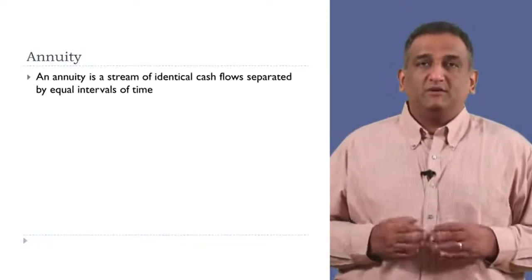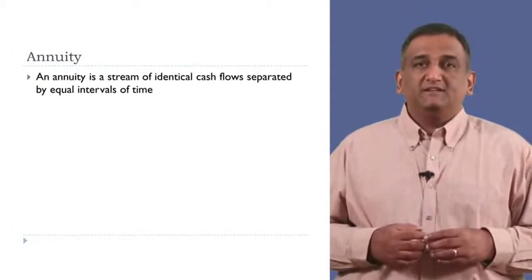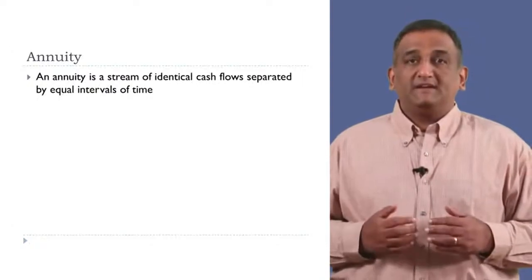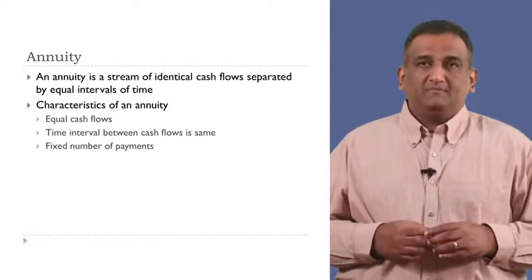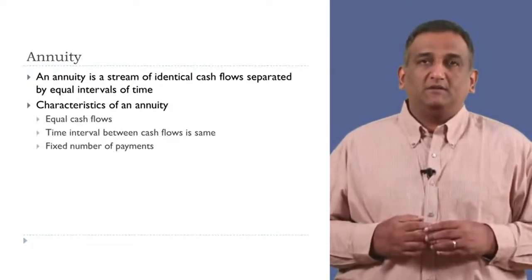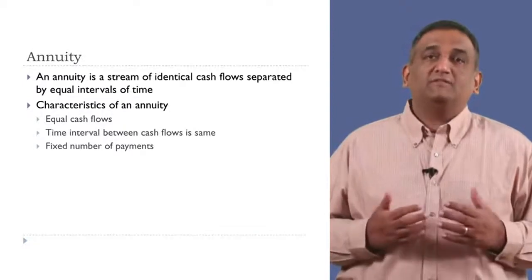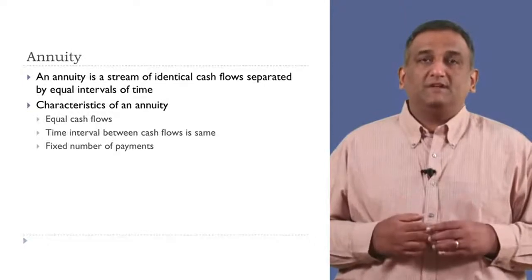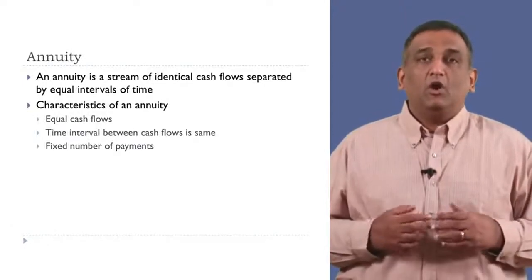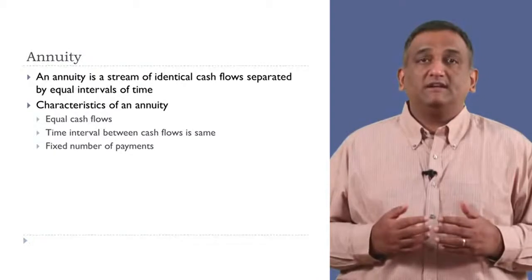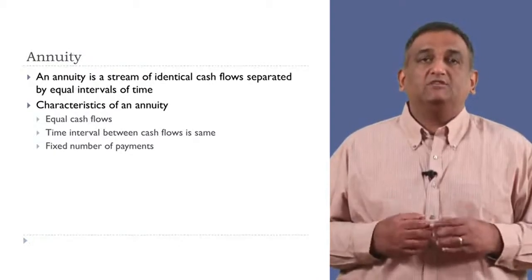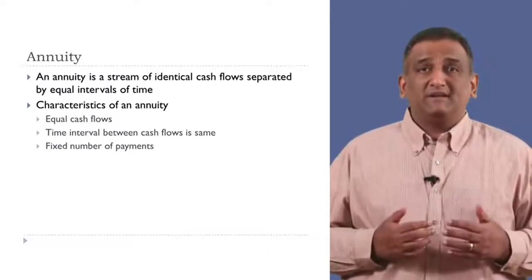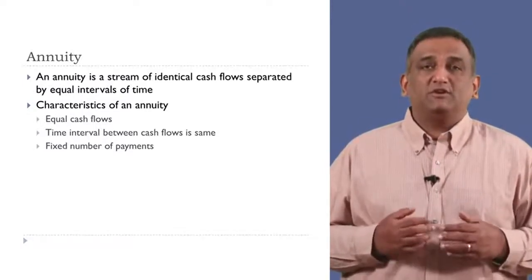which are called annuities. An annuity is a stream of identical cash flows made or received, separated by equal intervals of time. A $10 a month payment for a year is an example of an annuity. However, a $10 monthly payment that occasionally skips a month, or a stream of payments that alternates between $10 and $20 is not an annuity. Both the amount and the time interval between cash flows must be the same for it to be called an